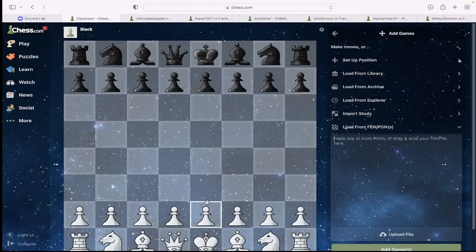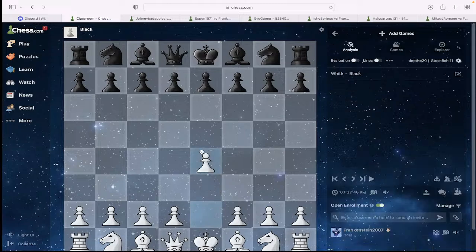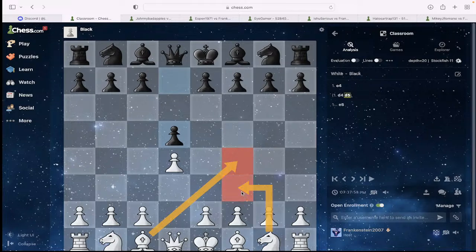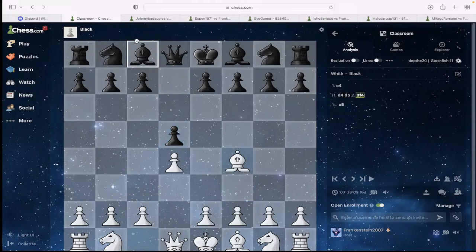So here we have the London system. With the London, we typically see this opening where white gets a massive pawn structure and very good development of pieces. So we start off with the bishop here. So those are the main things for white. Main things for black